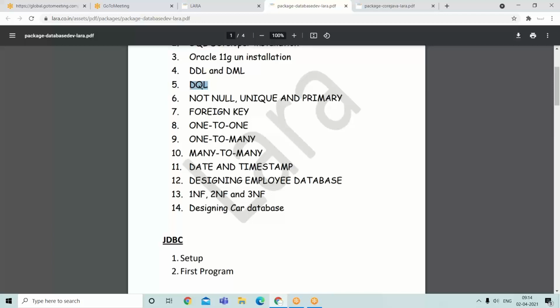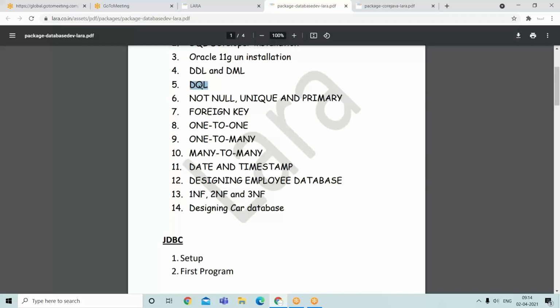A lot of DQL, for example, reading second maximum salary, third minimum salary, nth maximum salary, for pagination purposes, reading particular records like record number 30th to 40th for one particular page.